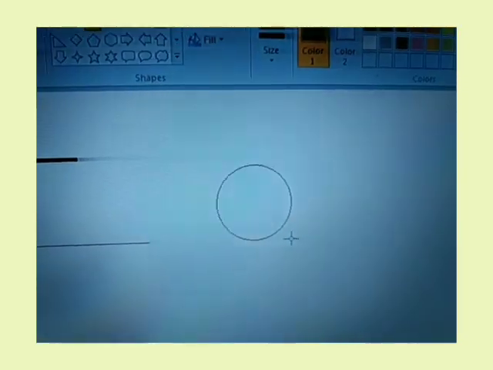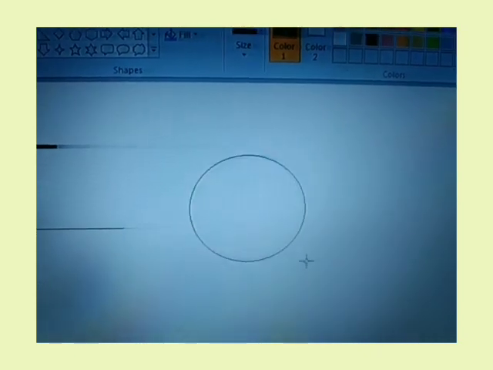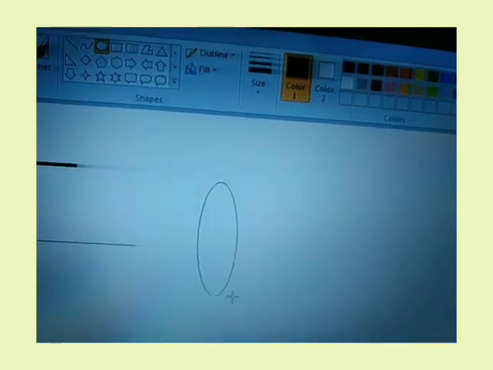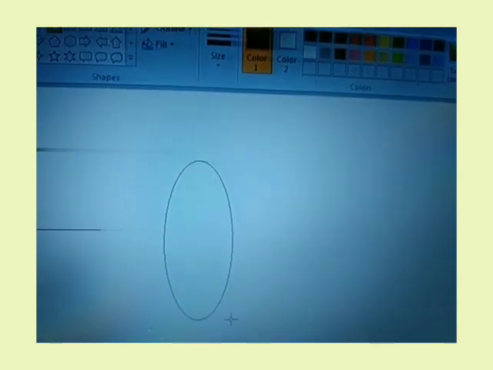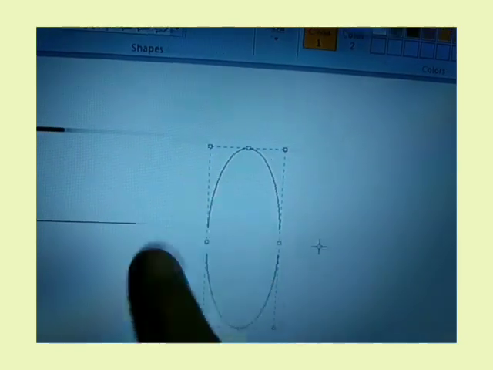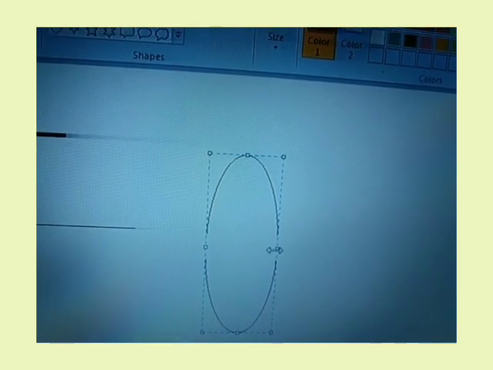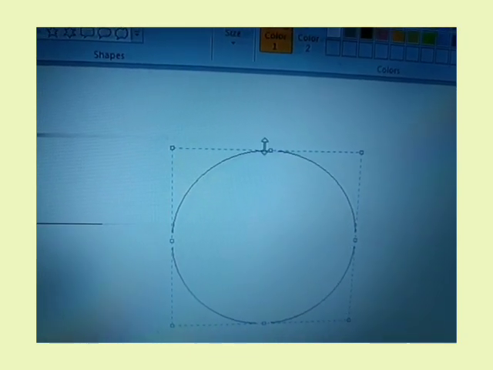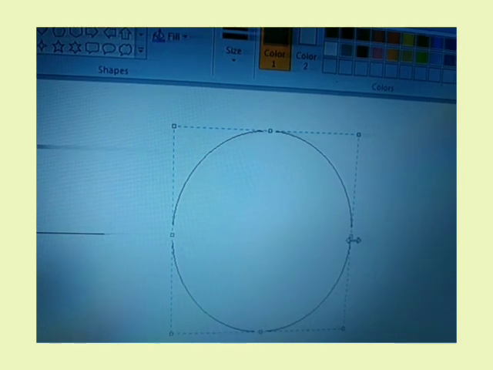Say for example, I am dragging the mouse by holding the left click button. I am dragging it and the size is also increasing. I can make it a horizontal oval, I can make it a vertical oval, whatever. Now see, after doing this, maybe I thought that okay, I want to keep this shape. I have released. You can see a dotted rectangle outside. This dotted rectangle means we still have the opportunity to change the shape. I can drag it, I can change the shape still now.